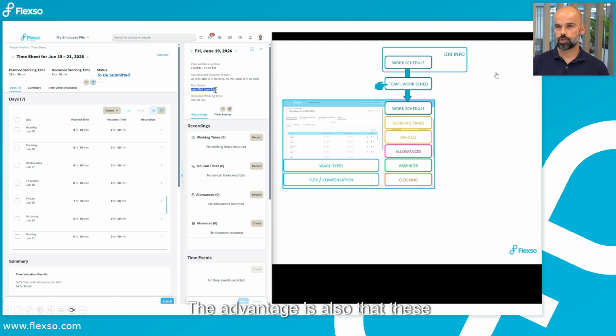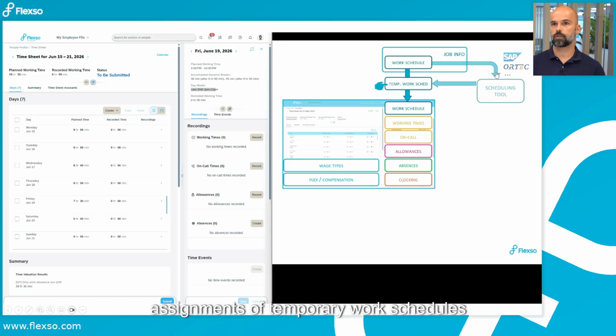The advantage is also that these assignments of temporary work schedules can also be created via external integrations. They are open to APIs, so we can integrate with scheduling tools like Ortec or SAP's own scheduling tool to make those integrations possible. We also have personal experience with working with Ortec, for instance. Once the work schedule is